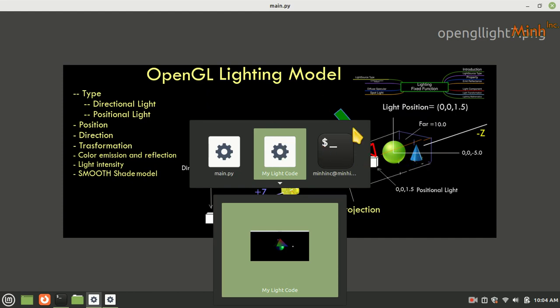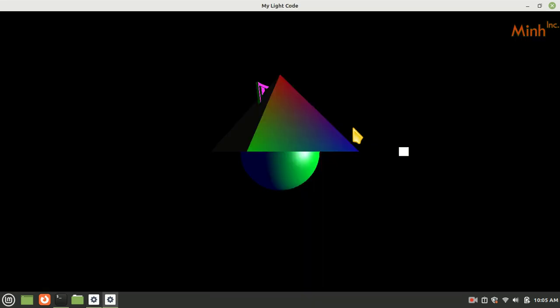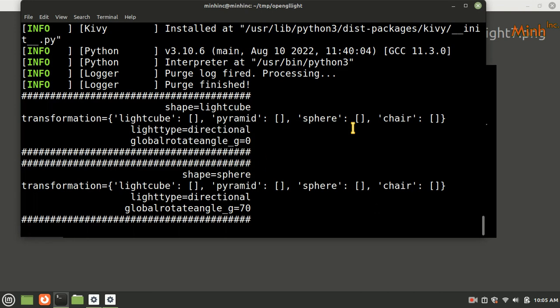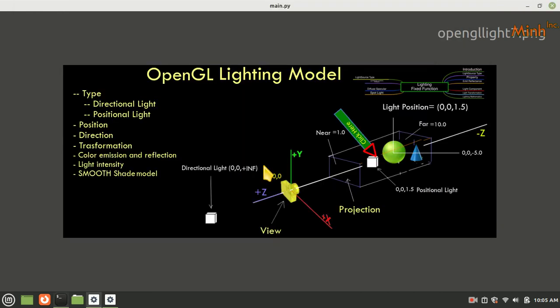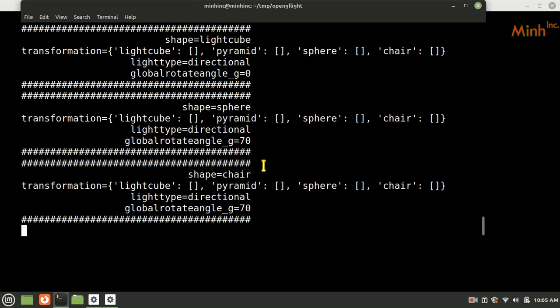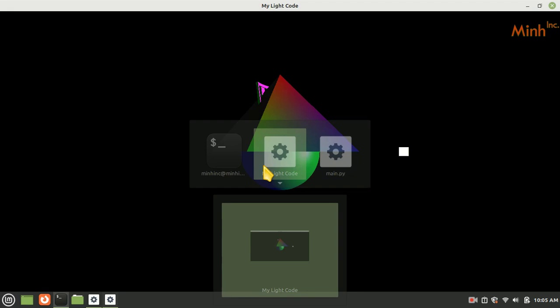So we have drawn everything, sphere and chair. So I can press tab, then I can print where I am. So I am at a sphere. If I press tab again, and then if I print, I am at the chair. So I can bring the chair by pressing N. If I press N, chair would